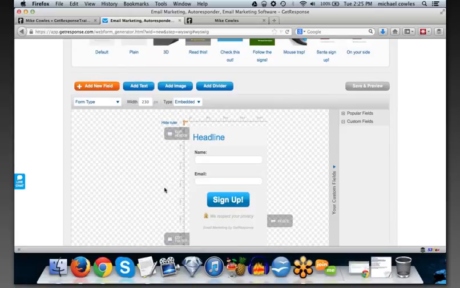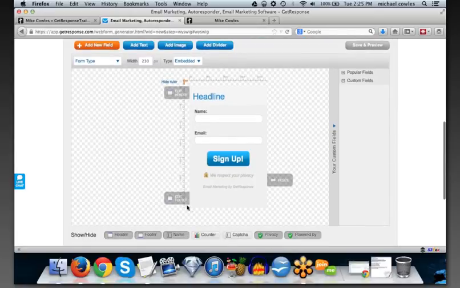Now, this is the default form that's in here. And there's a few different things that you're going to want to change before you ever save this web form. What you're going to want to do is get rid of or clean up just about everything that you can from this web form and only leave the bare bones minimum.